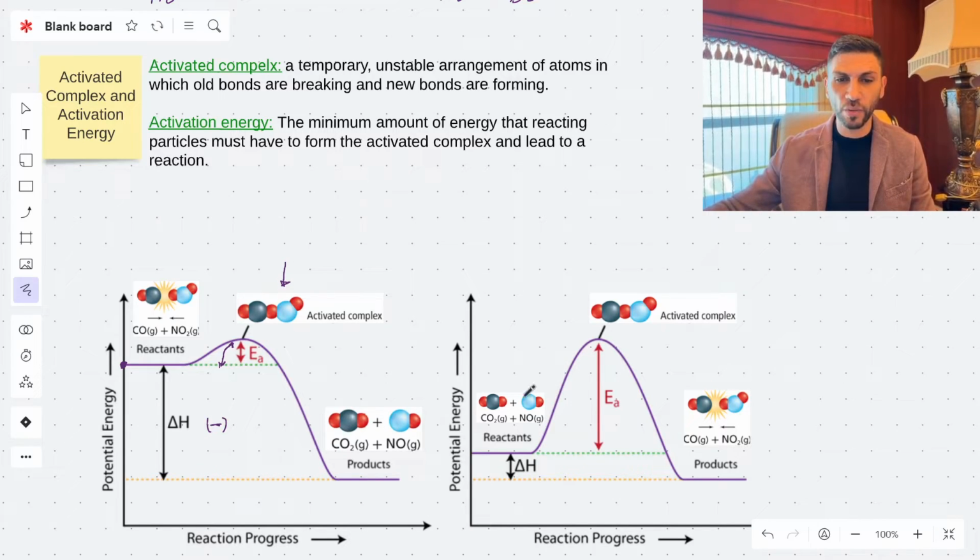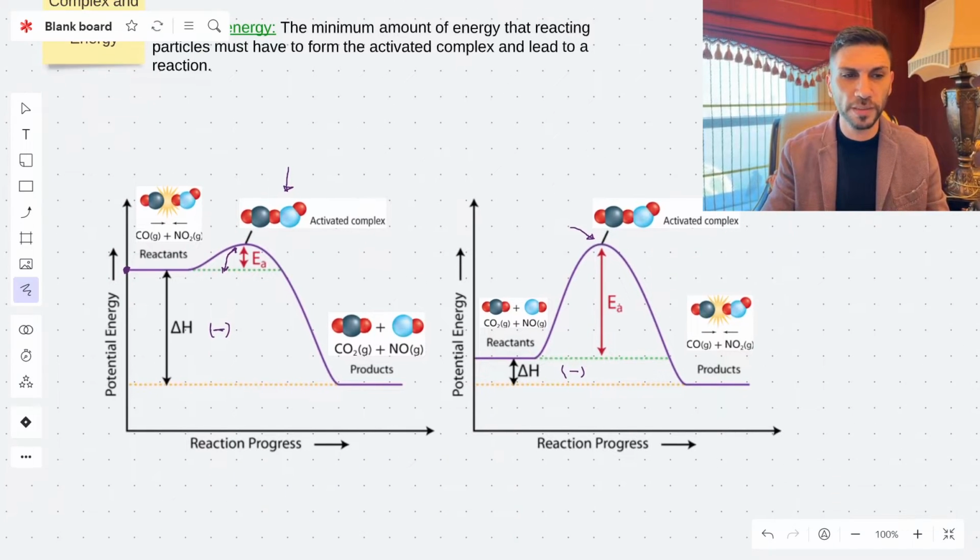Look at the other reaction now. CO2 plus NO2, we have this activation energy from the energy of the reactants to the energy of the activated complex. And we call this the activation energy for this reaction. Now, this activated complex is also a temporary and unstable arrangement of the atoms, and it will lead to the products, which are CO and NO2, which have slightly lower energy than the reactants. And this is the delta H. Also in this example, it is going to have a negative sign. All right. Now,